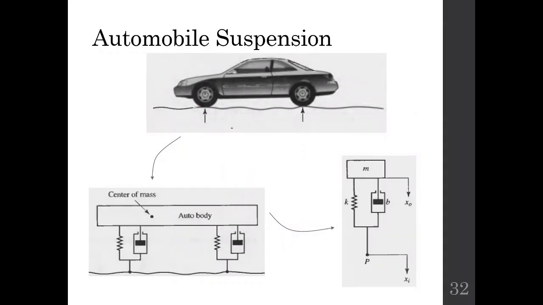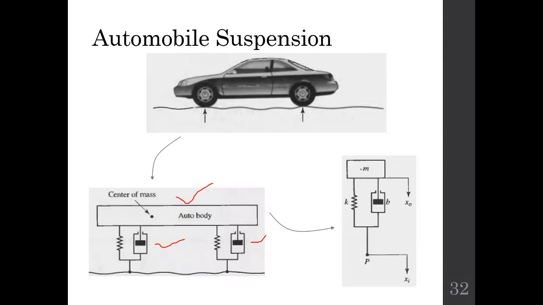So here we have a car. We can draw its suspension system which is given here. This is the body of your car which is connected to the suspension system which contains a spring and a dashpot. If two springs or two dashpots are connected in parallel, then you can replace them with a common element. That is, we are replacing the springs with their equivalent, which is represented by K here, and we are also replacing these two dashpots with their equivalent dashpot which is given here. So the overall suspension system of this car can be represented like this.